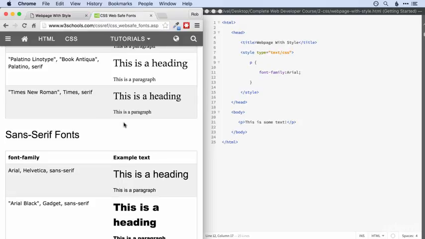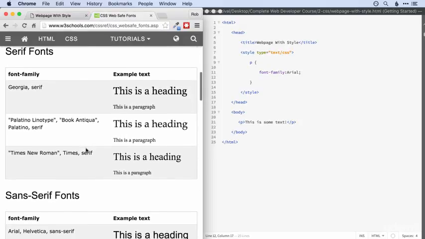Now you'll notice though that most of these in fact have not just one, but they have several different ones. Most have three. So we've got Times New Roman, Times and Serif. Now this is actually a really nice feature of CSS fonts and it's known as fallback. So if the Times New Roman font is available on the system of whoever's looking at your website, then it will display the text with Times New Roman font. If not, it'll fall back to the Times font. And if it doesn't have that, it'll fall back to the standard serif font, whatever that is on the machine